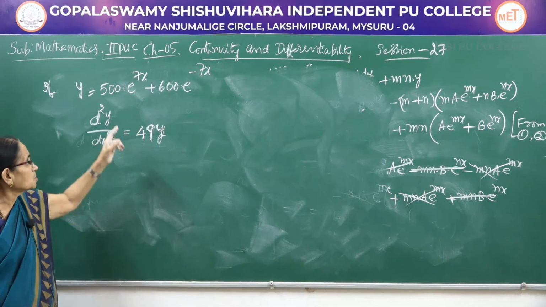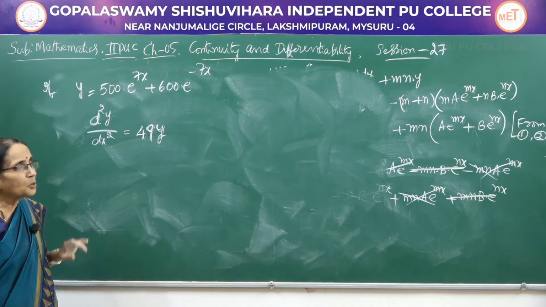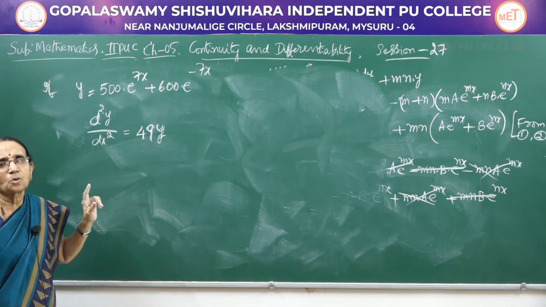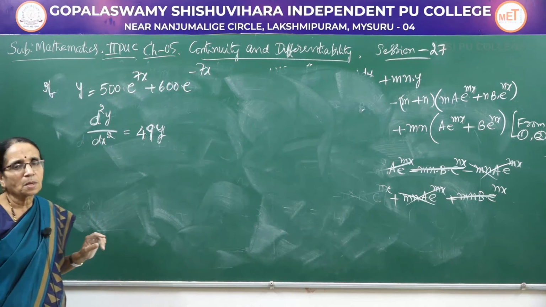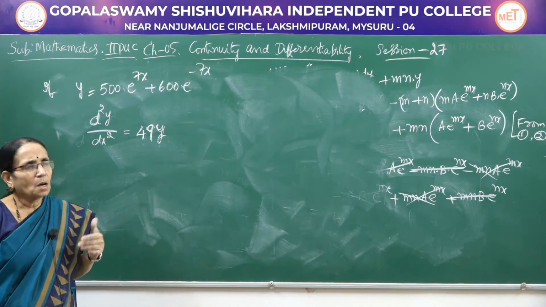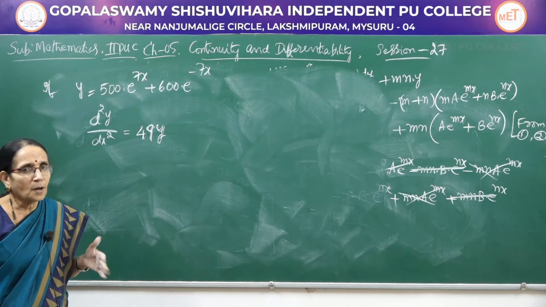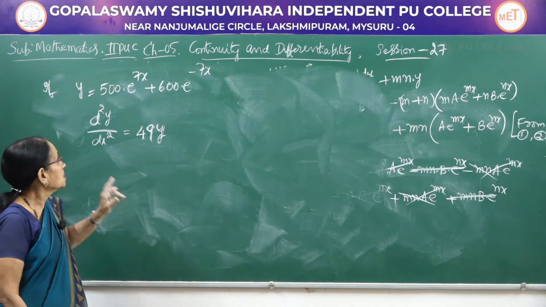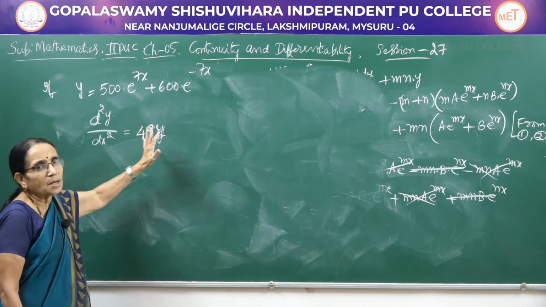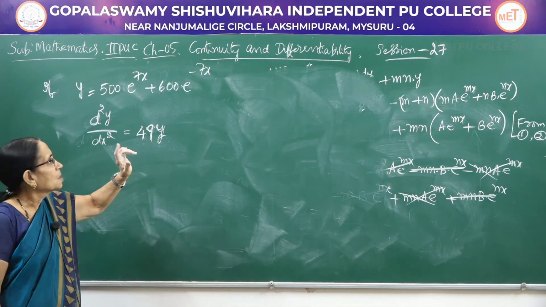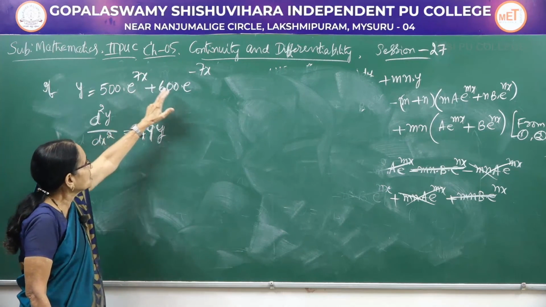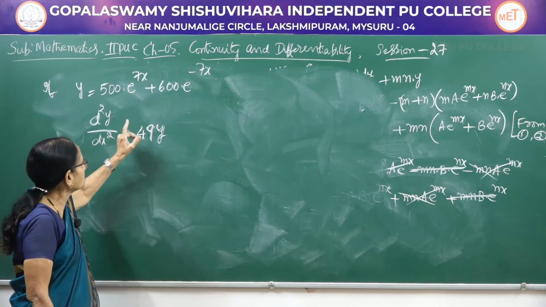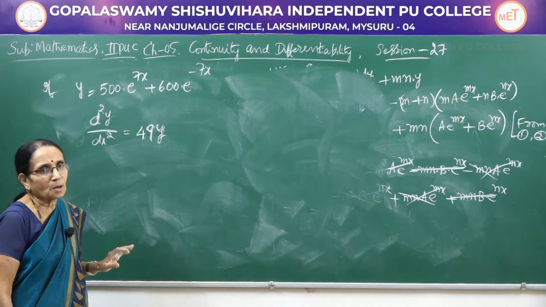In the previous problem also we had the exponential function e to the power mx, e to the power nx. M and n were general constants whose values we never knew, but they were different numbers. Here it is also containing the exponential function, but the difference is the index is same, but for the sign. One is plus 7, the other is minus 7.